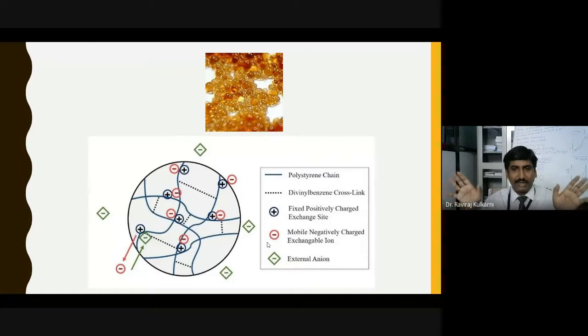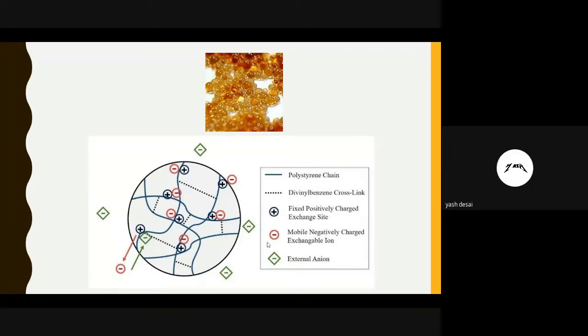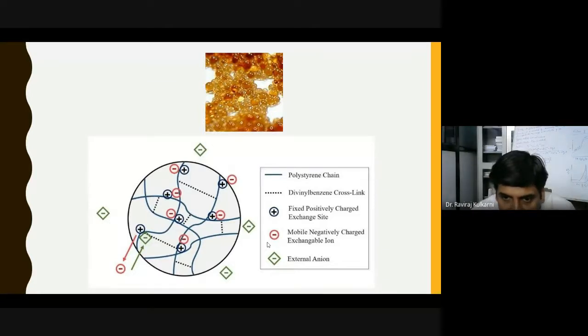Why is hardness expressed in terms of calcium carbonate equivalence? Its molecular weight is 100 and it is an insoluble salt. It's not present in water. That's the reason we can express other compounds in terms of calcium carbonate equivalence. Other calculations become easier. That's why hardness is expressed in terms of calcium carbonate equivalence.